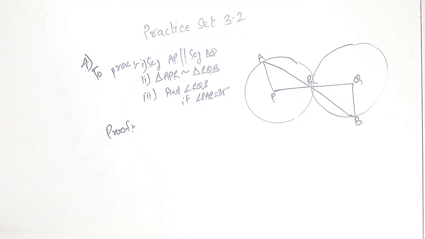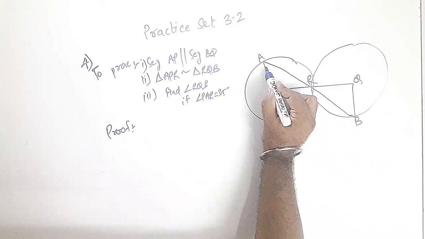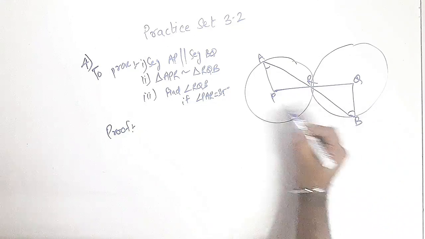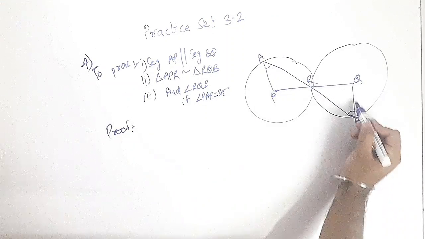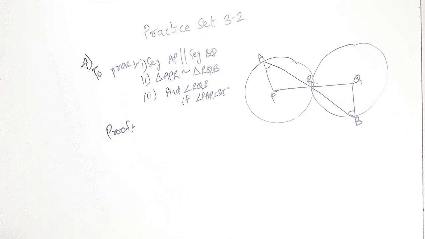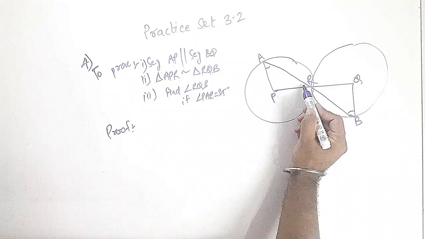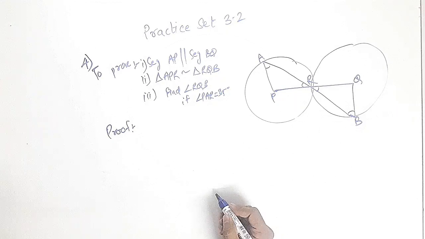Of course, when we have to prove the lines parallel, either we use corresponding angles test, or here we have to use alternate angles test. So this angle, if we prove congruent to this angle, then only the alternate angles will be congruent, and then we can prove the lines are parallel by alternate angles test. But how will we reach there? Let us see here and here. These are vertically opposite angles.